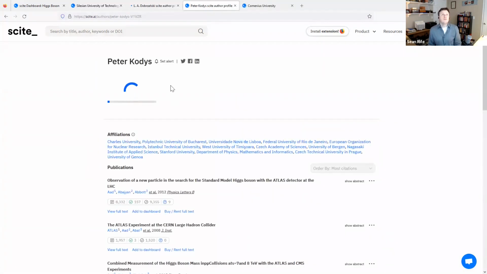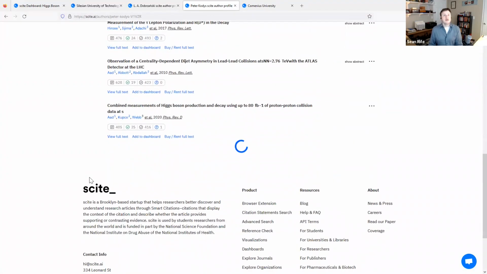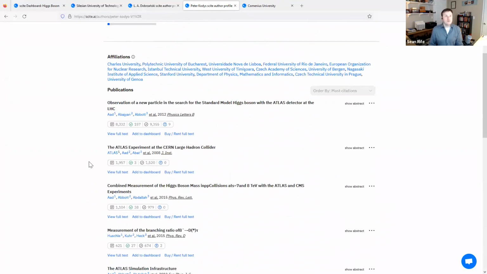So it will pull up for this scientist, Peter Cotes, their affiliations, as well as a list of papers that we have identified him as being an author of. And for every one of those papers, you can click on and get the full report, but we also summarize how that paper has been cited by others. So you can generate profiles of key opinion leaders or key scientists in a given area of scholarship.